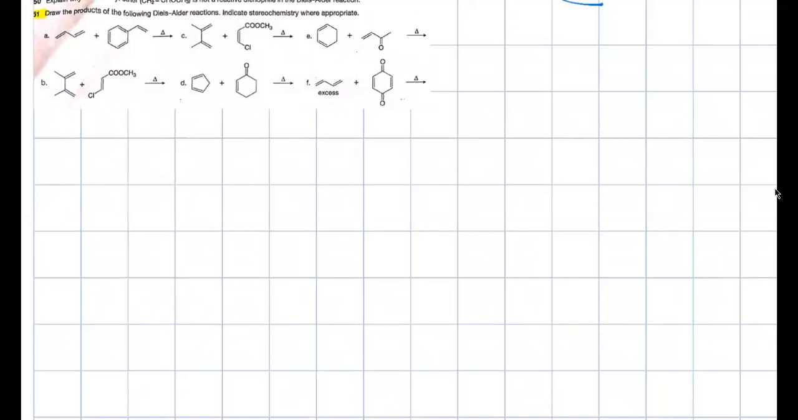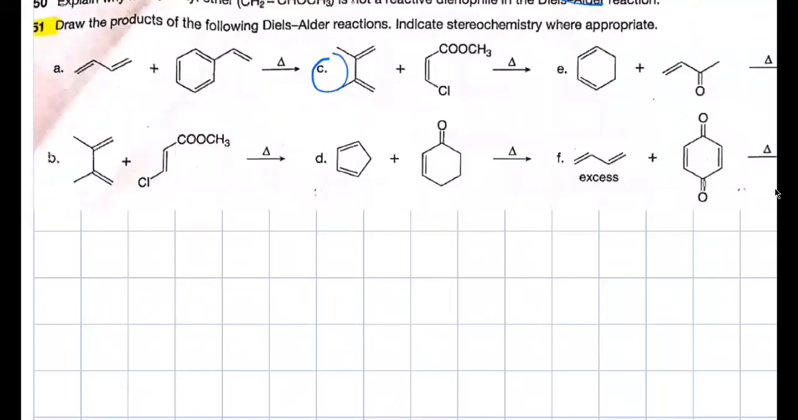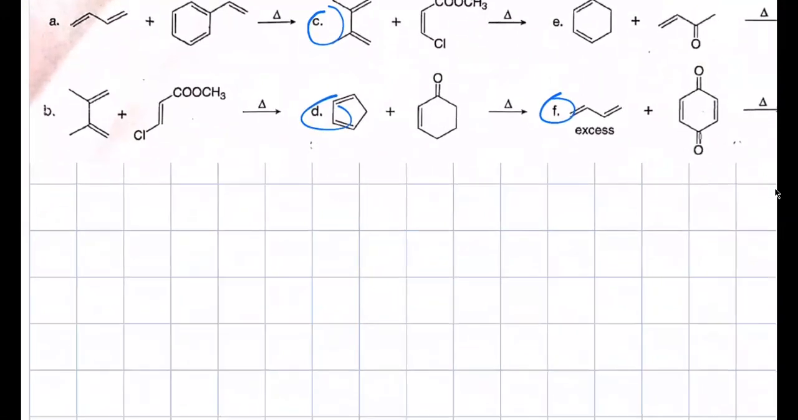All right. So we're gonna do C. Let's see what I say. C, D, and F. All right. So tell me what you would do for C. You just have to draw the products, but we're gonna put the arrows in too, because that always helps. And tell me what else you have to think about,